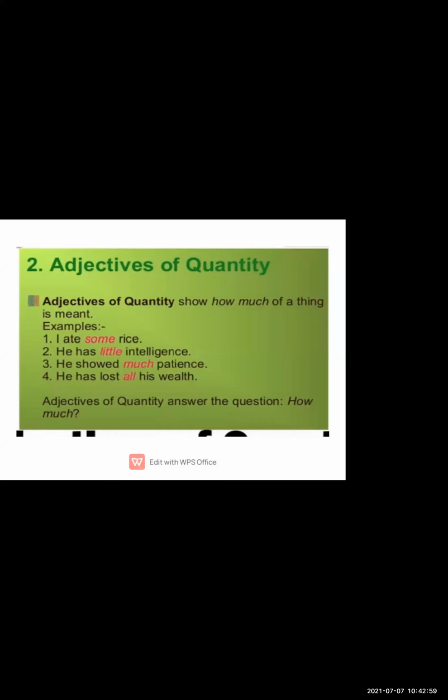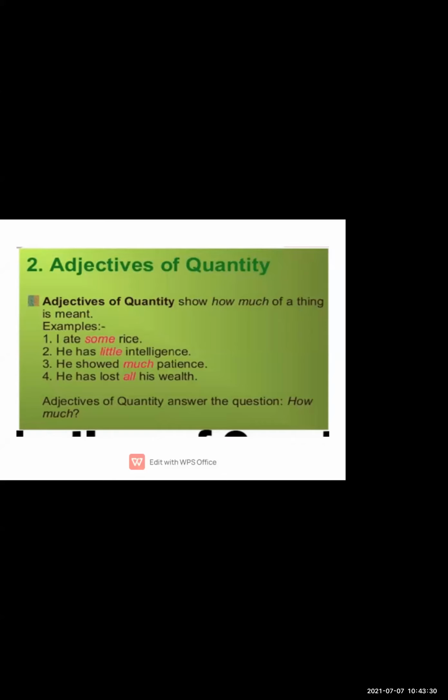Some rice, it shows the quantity. I ate some rice. He has little intelligence. Little. He has the intelligence, but how much? Little, not more. He showed much patience. He has patience, but how much? Much. Okay, much. So this kind of words that cannot be measured comes under the adjective of